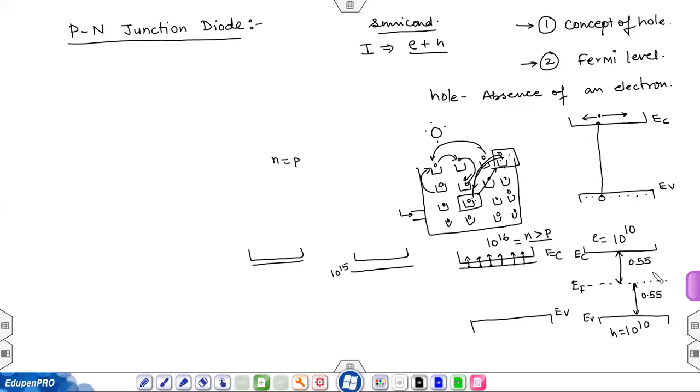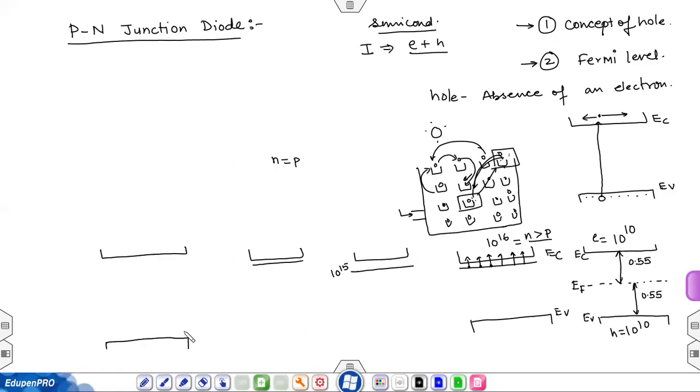Now, if the concentration of electrons increases, meaning the conduction band is now heavy. Heavy meaning its weightage has increased, because in the conduction band the electrons are more. Basically the conduction band has higher weightage. So how should we represent it? What do you think? Should we take the Fermi level close to the conduction band or away from the conduction band? Away from the conduction band. Okay, so every answer is opposite.